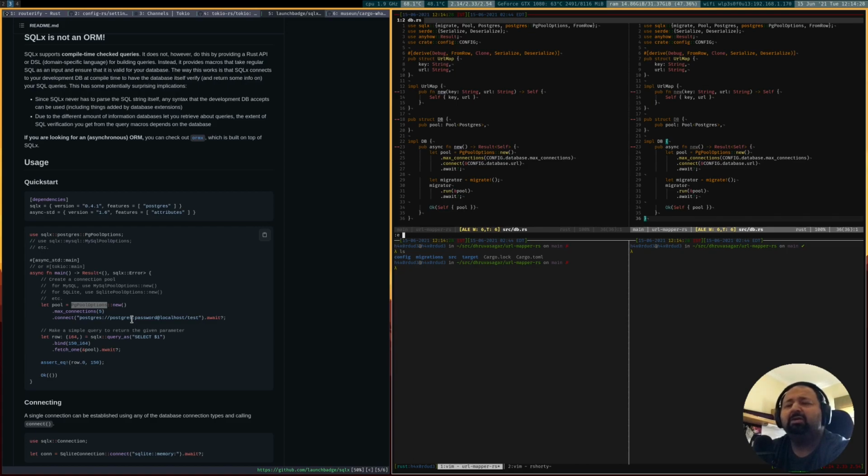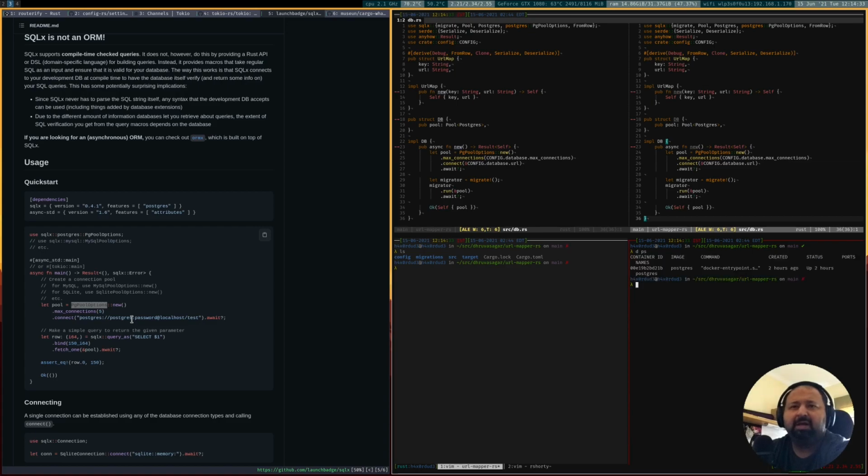Let me also do one thing. I am running Postgres in Docker. For no particular reason, I think on this box I was facing some issues running Postgres natively. I didn't bother fixing them. Perhaps in future we can, but it's immaterial.